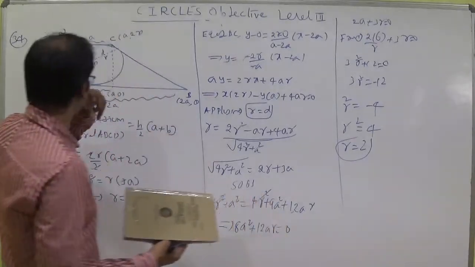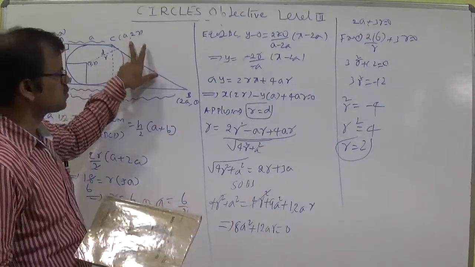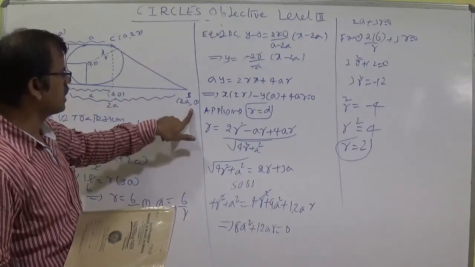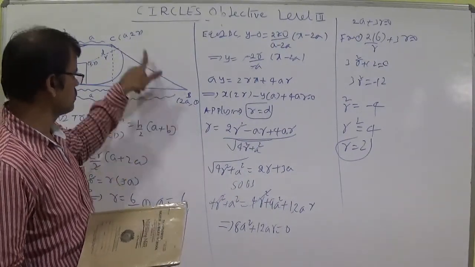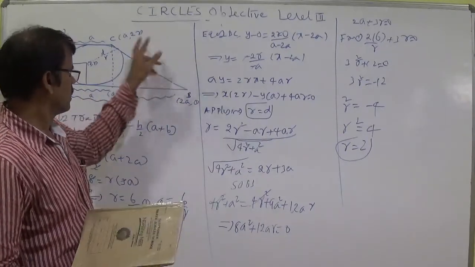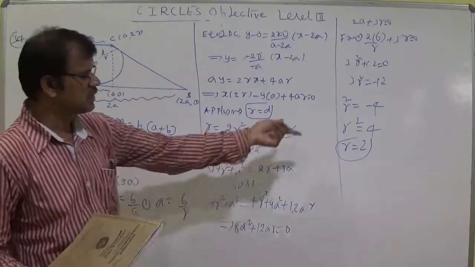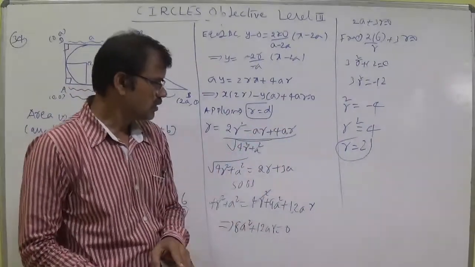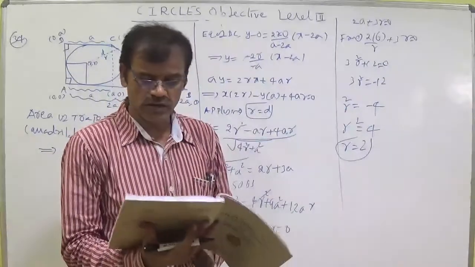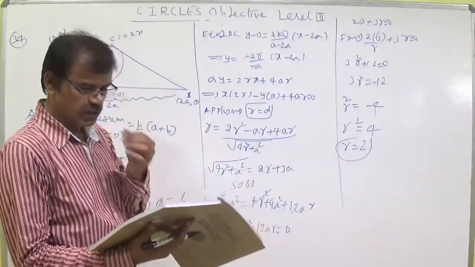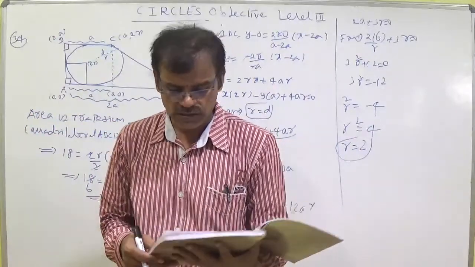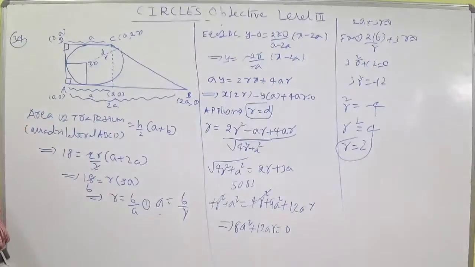If we take the equation using this one, we may get an easy method. You try yourself. I have taken (2a, 0) as a point, y minus 0 is equal to like this. If you take y minus 2r is equal to the slope and x minus a, then you will be getting it easily positive. Of course, no problem, because r square is negative, which is not correct, so you can take the modulus. Then the radius is 2. Now 34 is completed. 34 is an important question at mains level. Let us discuss the 35th question.